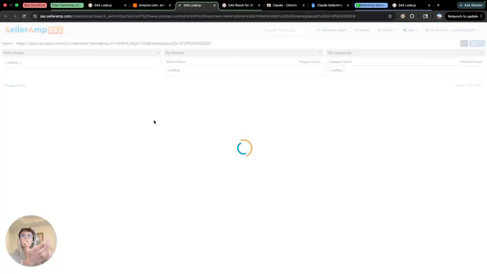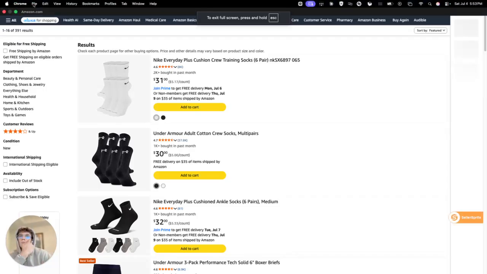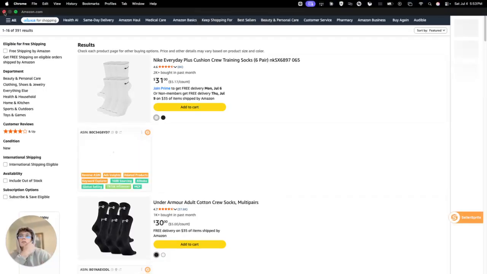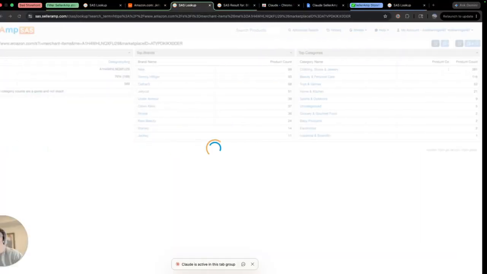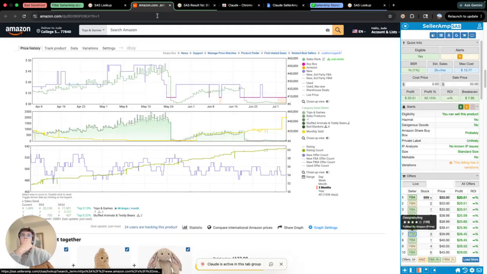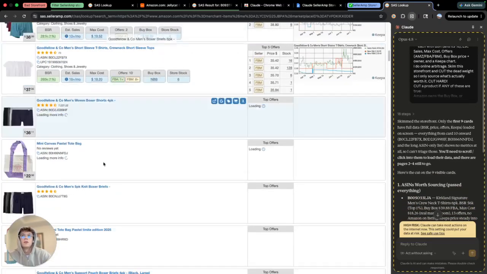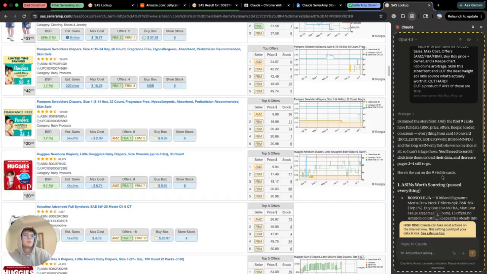and it'll pull up. I think another thing worth mentioning that's really important, maybe not because this guy's still on Nike. I don't know why SellerAmp does this. But another thing that's really important is that it takes a little bit of time for your Claude to scan it. Because as you can see here, oh, he did it right here. First 9 have full data. So I don't know why he didn't go through the rest, but